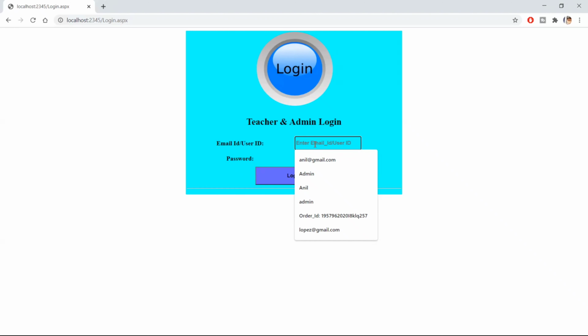Then those students will get the username and the password from the admin, and then they can log into this attendance management system project.